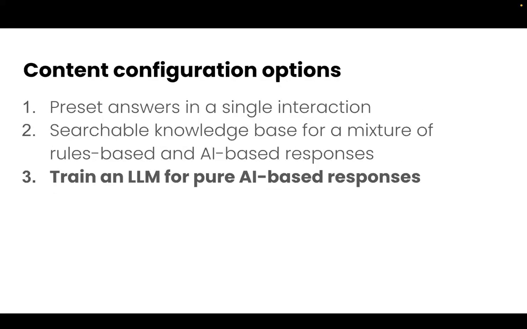The third content configuration option is much more technical, so I'm not going to spend time demoing it here. But typically, now this is very specific to the LLM you choose. And so I mentioned Llama and Bard and ChatGPT and Mistral. And so depending on your LLM that you're choosing, it will have a protocol on how you train it. So instead of a searchable knowledge base, you're actually training it in conjunction with how it was trained already. So you're adding your data set to the data set that it was trained on. So that's a bit more of a technical